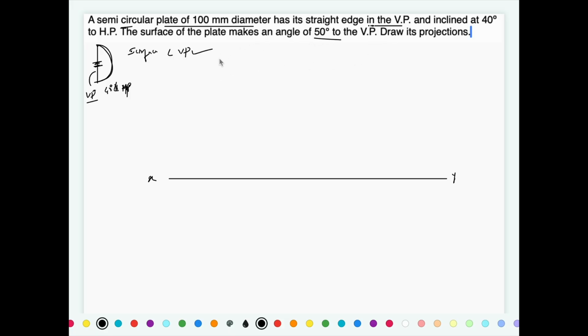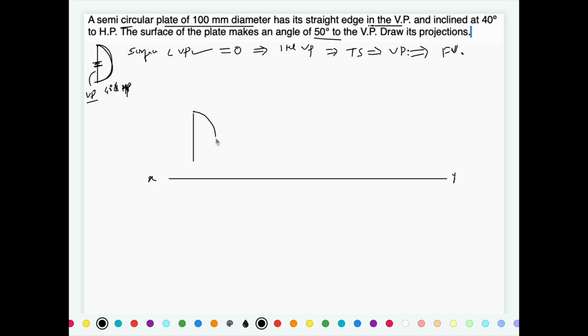So in a basic view, that inclination has to be reduced to 0, so it is going to be parallel to VP. Its true shape is going to be visible in the view that you get in VP. So the solution is going to start from the front view, because in the vertical plane we usually get the front view. So in a front view,